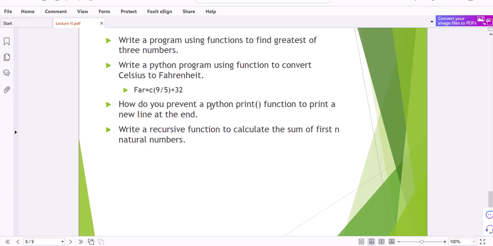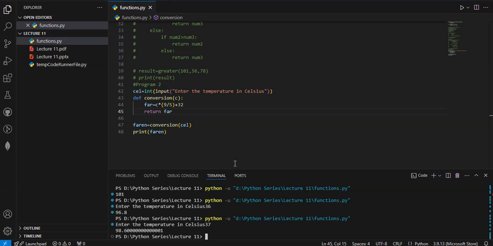So now I want to give you an assignment. How do you prevent a Python print function from printing a new line at the end? So what it means basically, if I will close this program,